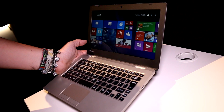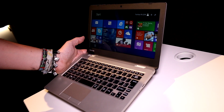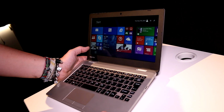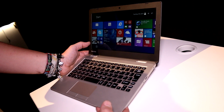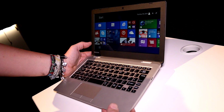And what we have right here is the new Toshiba Cloudbook. This is the first cheap 11.6-inch Windows 8.1 notebook from Toshiba. It's going to retail for €299 in Europe. It's probably going to be $299 US, but the street price will probably drop down to $250, maybe even $200